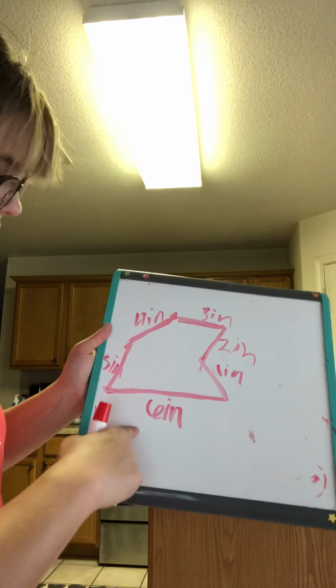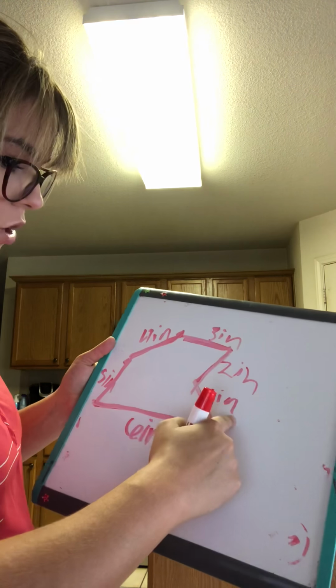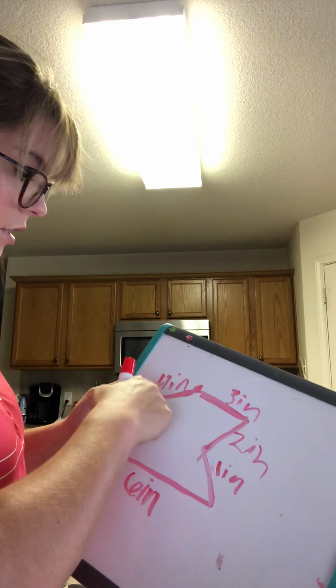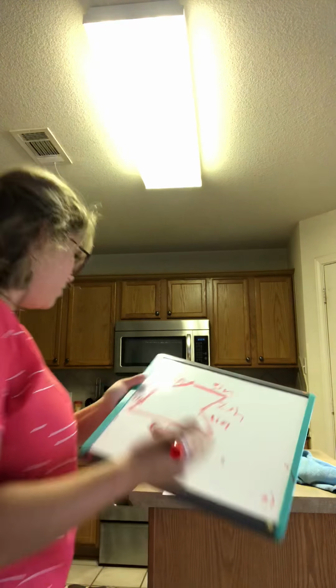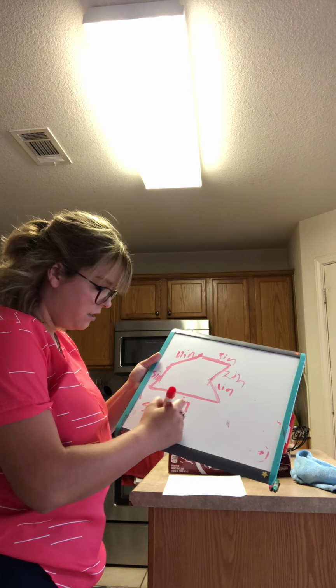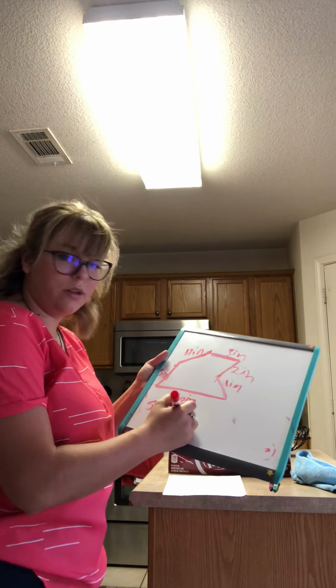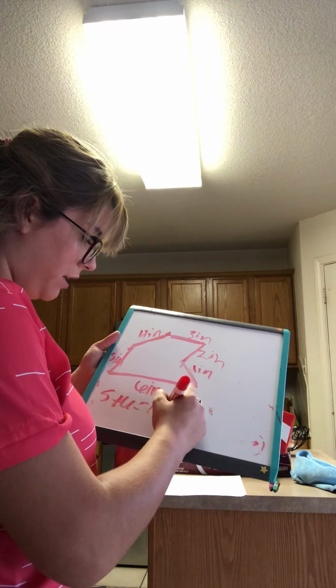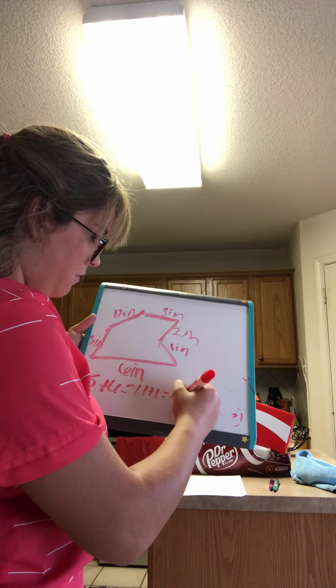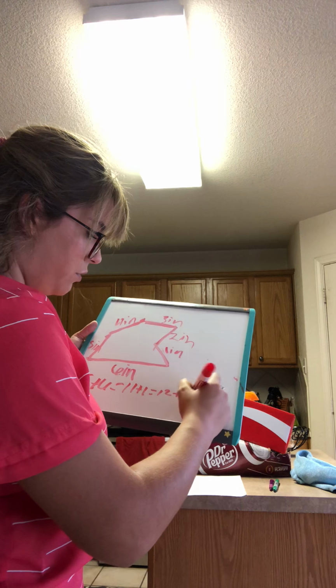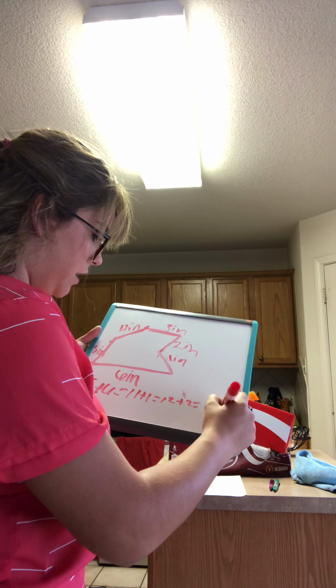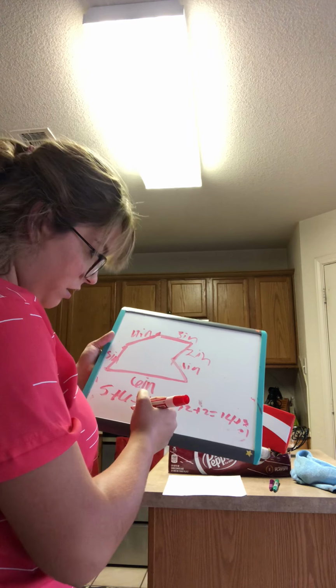So we're gonna have 5 plus 6 plus 1 plus 2 plus 3 plus 4. So we know 5 plus 6 is going to be equal to 11, plus 1 equals 12, plus 2 equals 14, plus 3 equals